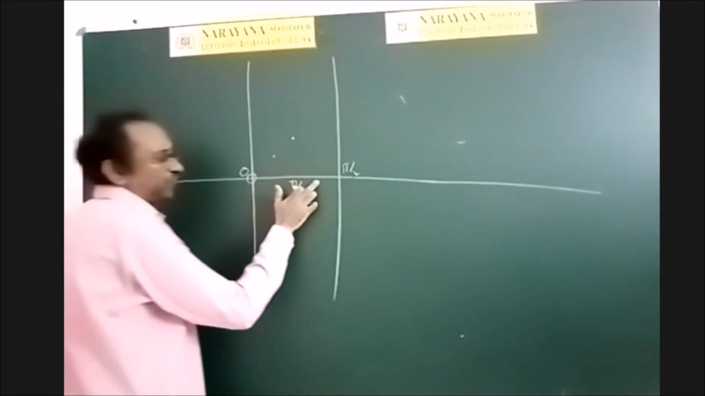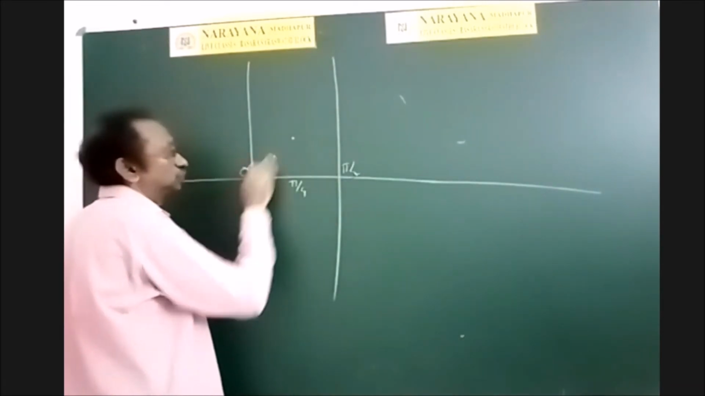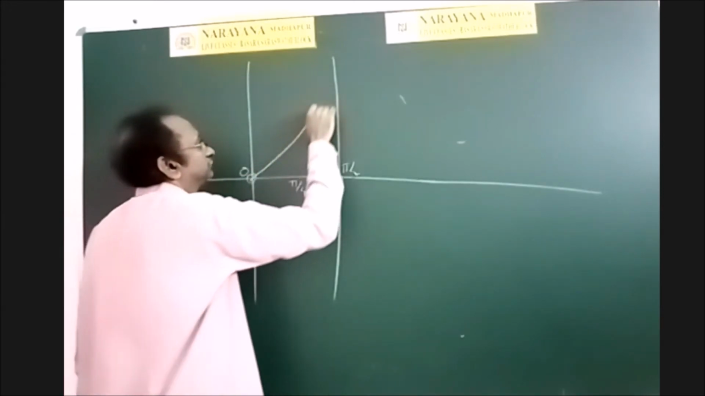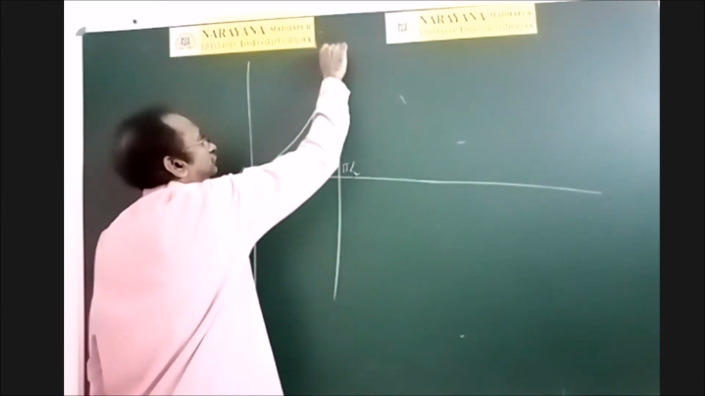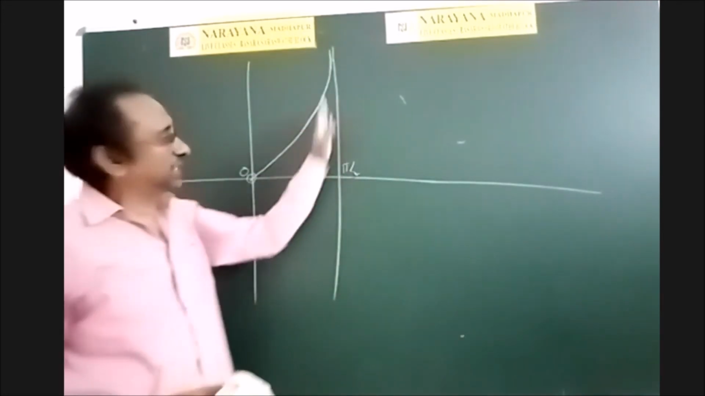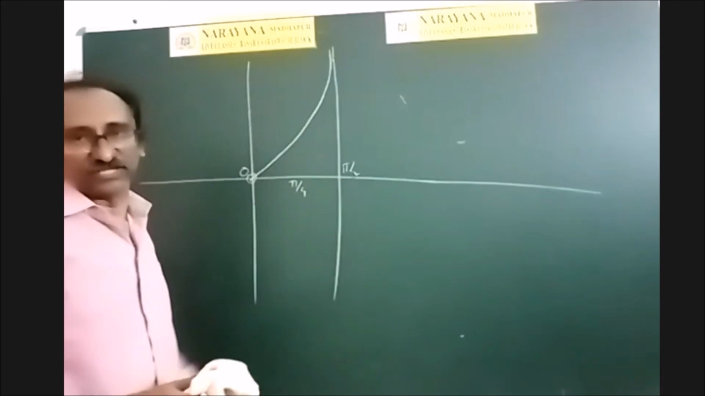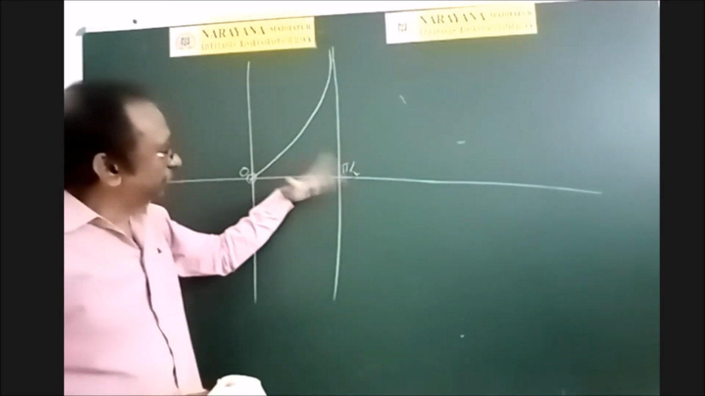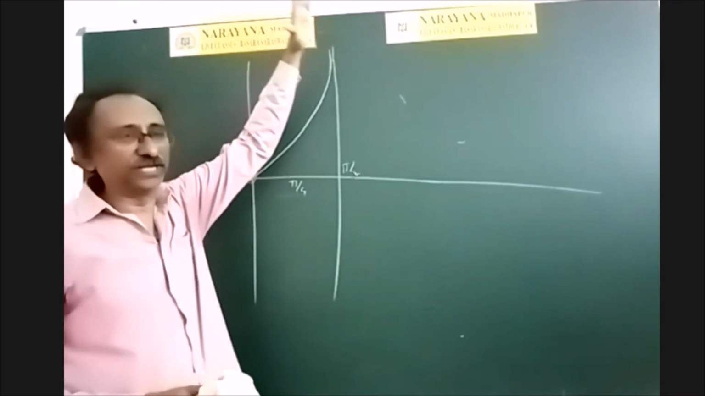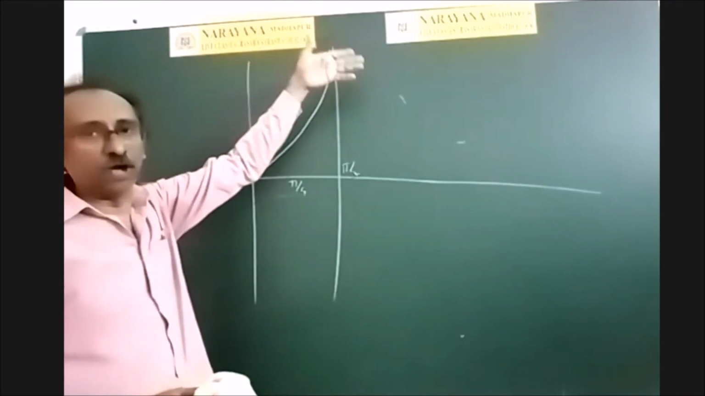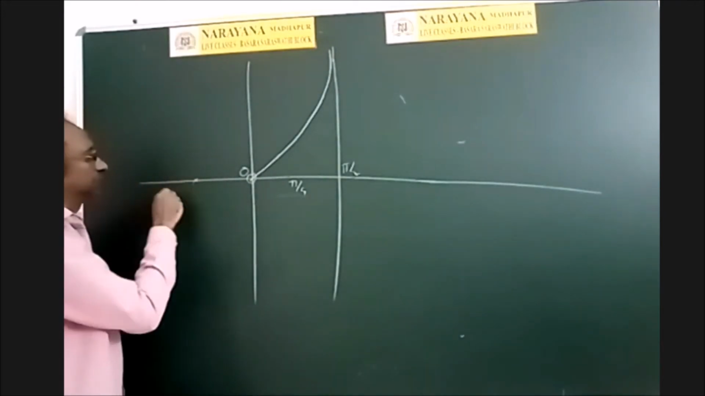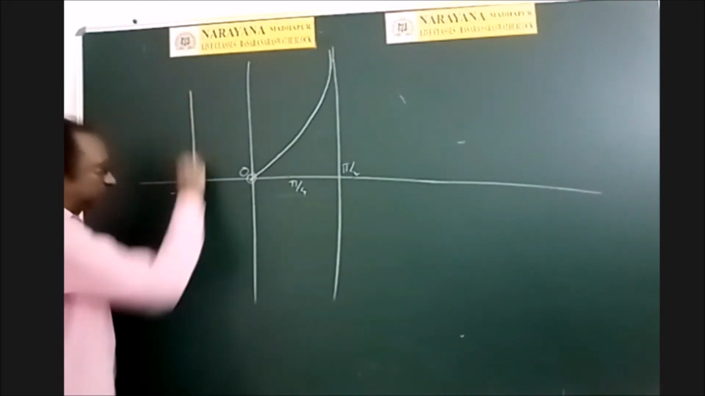But when we slowly tend to pi by 2, tan values become rapidly increasing. So it seems to meet this straight line, but it never meets that straight line. So as x tends to pi by 2, the line tends to infinity only. Infinity is not a number. To represent there is no upper bound, we denote it by infinity. And similarly in the negative direction also, if you see the graph